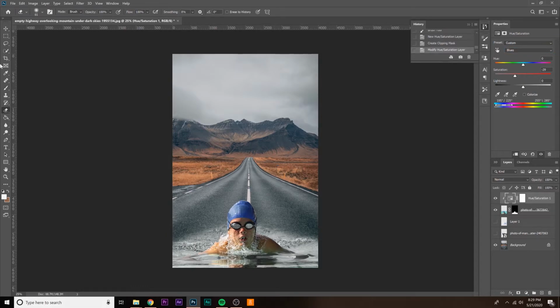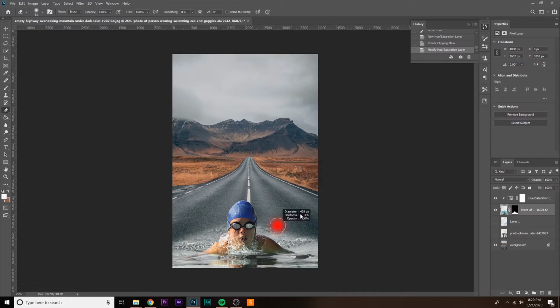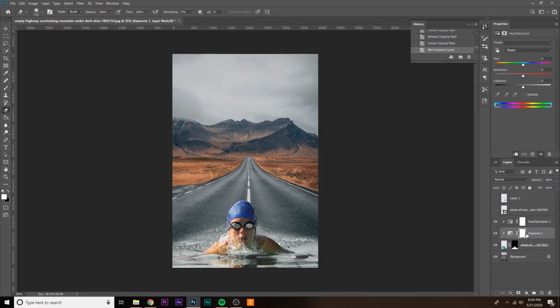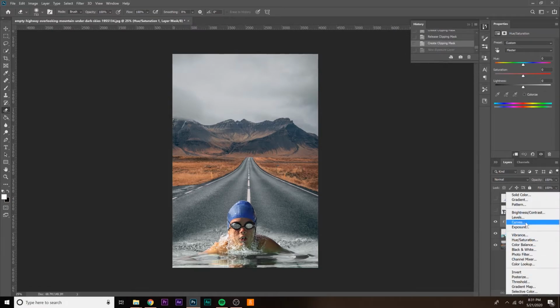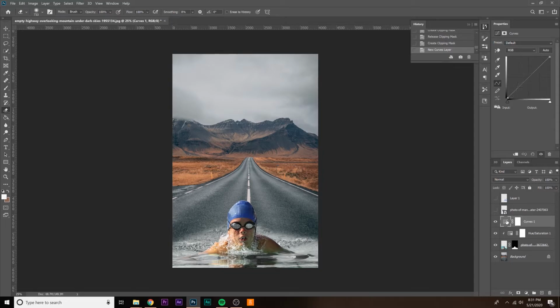I'm wanting to blend that in a little more. So we're going to make that bigger. Now we're going to want to color match her. And how we do that is by adding a curves layer. How do we color match that, you ask? With a curves adjustment layer. Make sure that is again, hold Alt, hit auto,